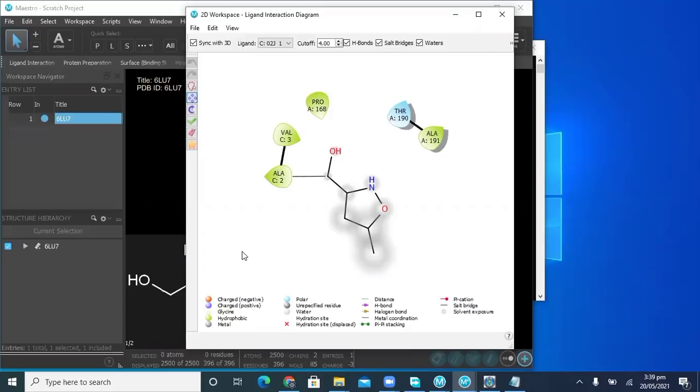In MD simulation we will also learn about the RMSD analysis, root mean square fluctuations, and radius of gyration. There will be many different analyses that we can perform. So this is the interaction analysis that we did from the blind docking complex, and now we will move on to the targeted docking.